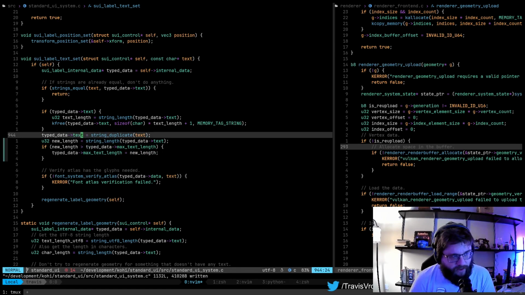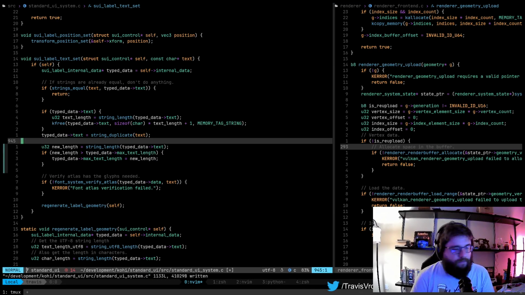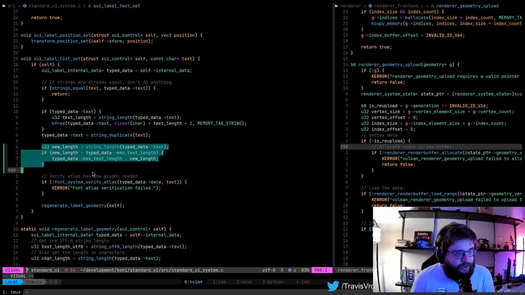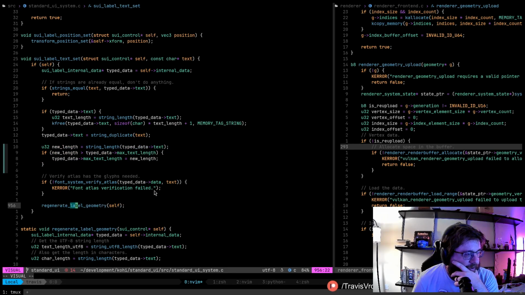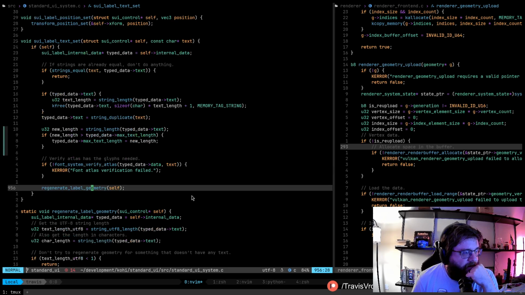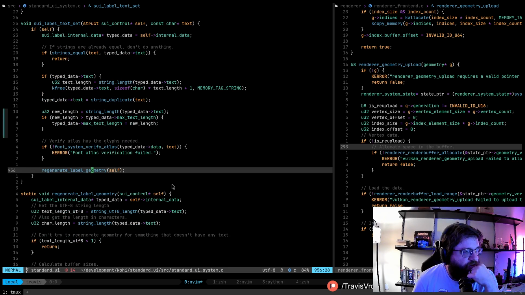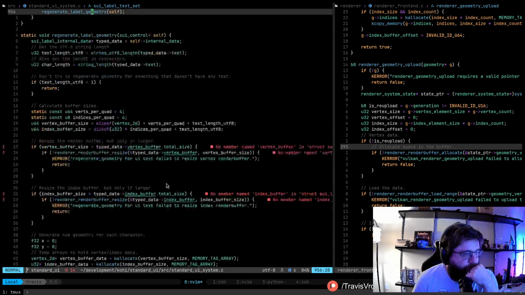Cool. All right, so that way we basically make sure that the max length is always longer. And then when we regenerate the geometry, regenerating the geometry actually takes into account this.